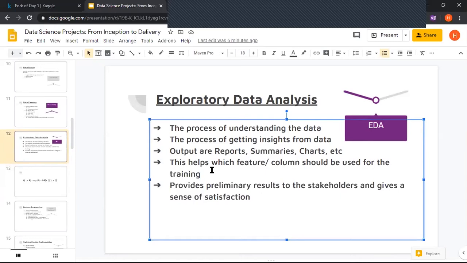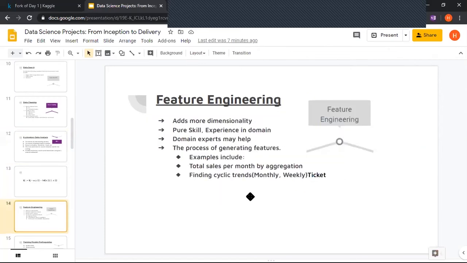Then the second part was feature engineering. So what is feature engineering now? Feature engineering is when we create more features out of the columns that we already have. So basically, in our example, we had various columns such as siblings, the number of siblings onboarded, the number of parents, like if a person who has boarded the ship has parents with him, or there are various features like the age. We have to create more features out of it. How we'll create the features, again we'll see in the code examples.